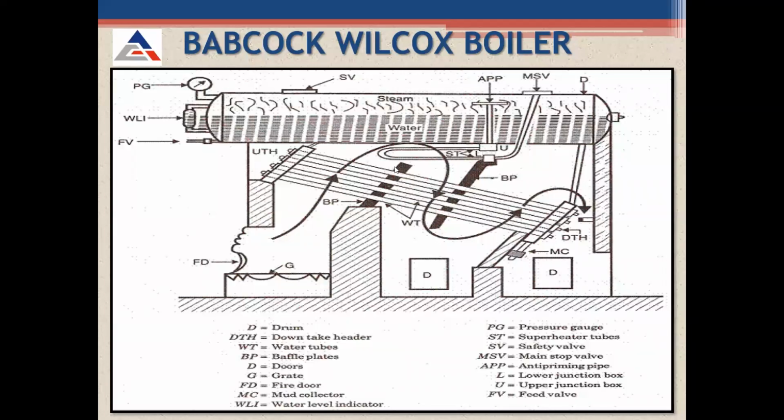These baffle plates are there. Baffle plates are actually the obstructions created for the flow of heat. If there are no baffle plates, the heat spreads throughout this cylindrical portion. So baffle plates are there so that the heat flows in a particular direction. Heat starts flowing here, then comes down, then comes down. These are the obstructions placed in this cylindrical shell. Then from here it is thrown out to the atmosphere through the chimney.